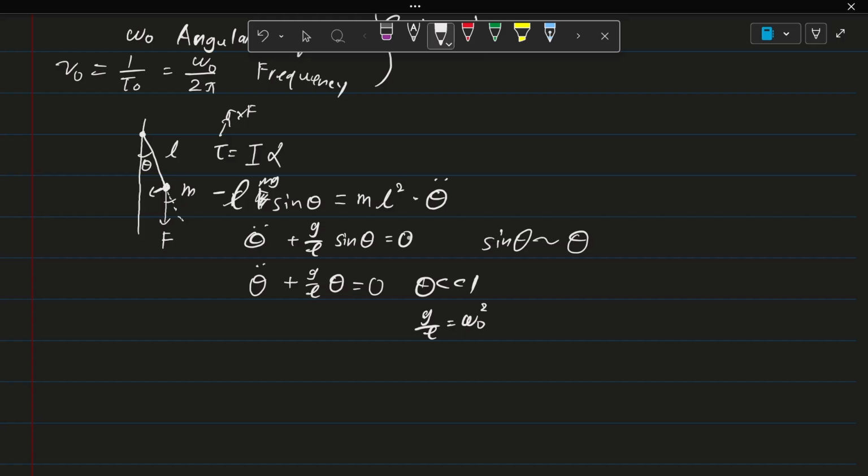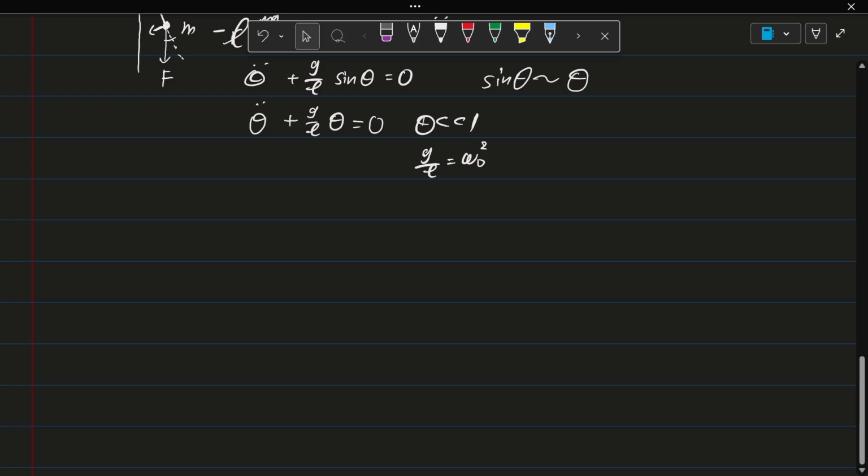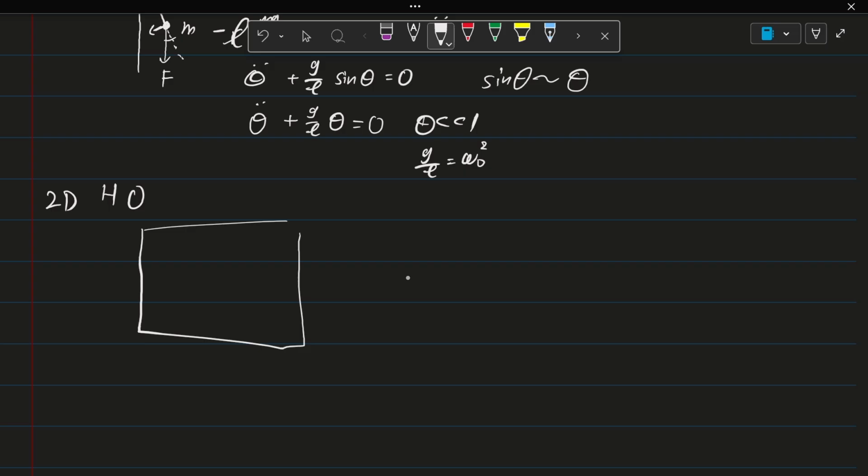So that was all within one dimension. And so we could actually try to think of something much more elegant. We could try to think of this in two dimensions instead. 2D harmonic oscillation. So let's consider the idea in which you have, let's say, a framework here, and you are putting your springs here, something like this,